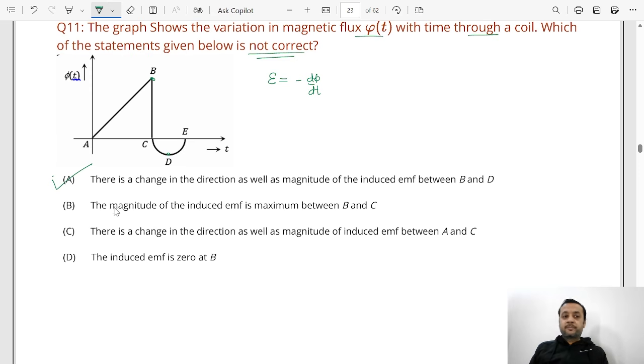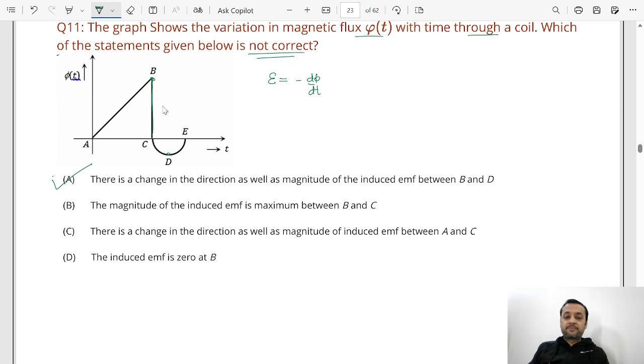So I hope you have understood. Let's check BCD as well. The magnitude of induced EMF is maximum between B and C. Look at this slope between B and C. The slope is very high here. So d phi by dt is maximum in the BC region. The slope is maximum here, which is why we can say that the magnitude of the EMF will be maximum